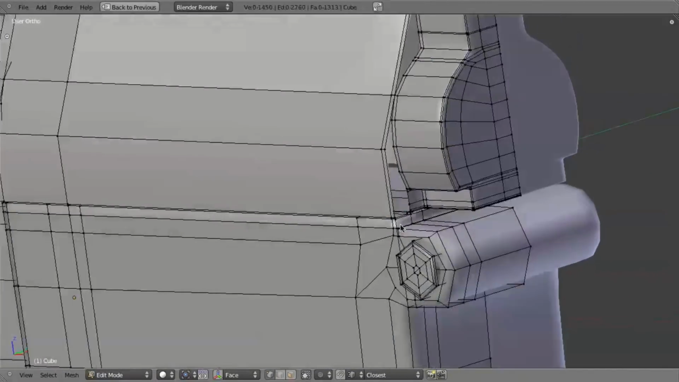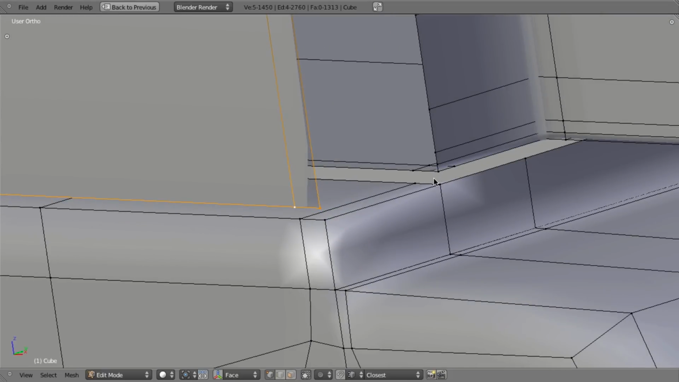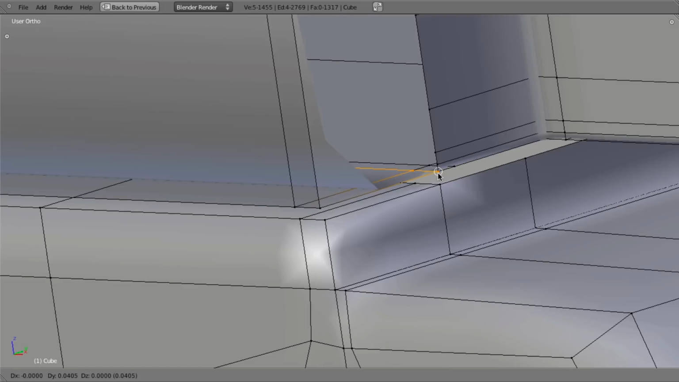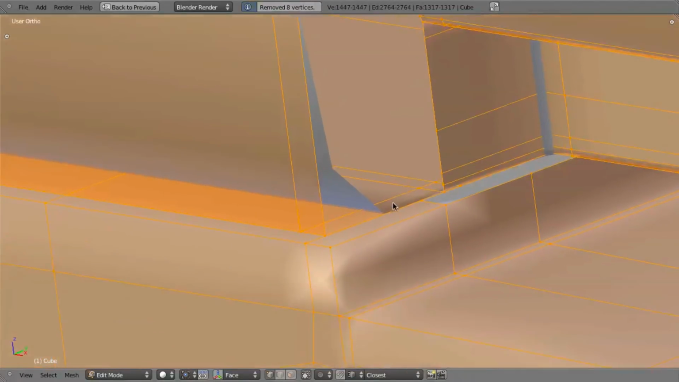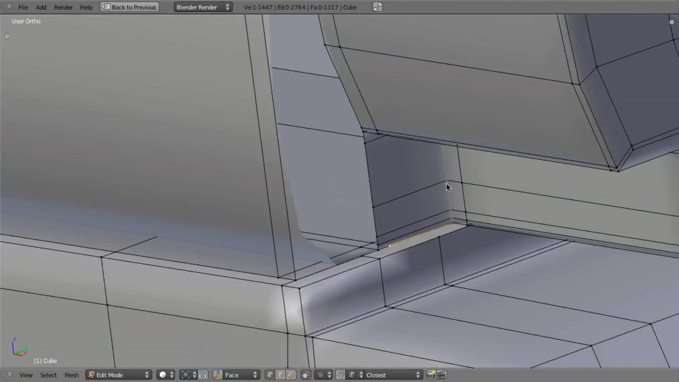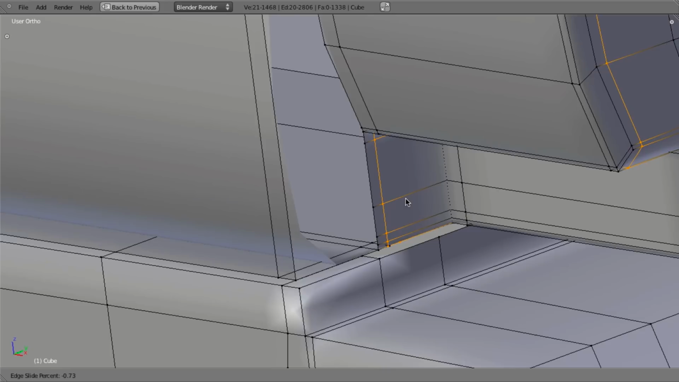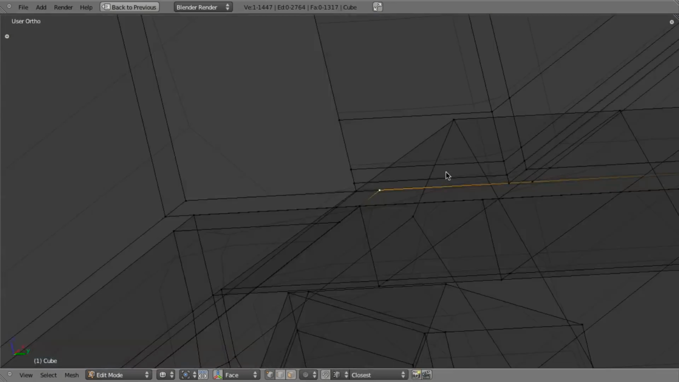I'm now going to hit Alt H, and what I want to do is grab this, hit G, Z, snap to right there, hit E to extrude, snap to right there, select everything, W, and remove doubles. Okay, and let's go ahead and fix that. So if we add in another loop, we can slide this. Oh, seems we have